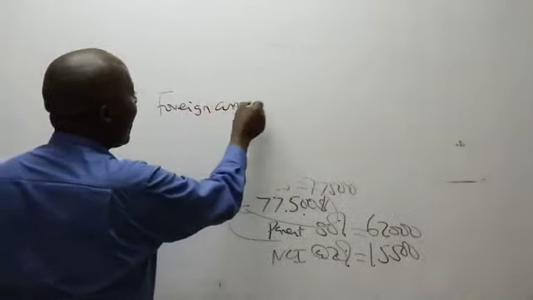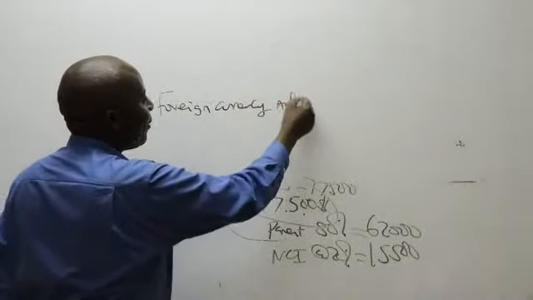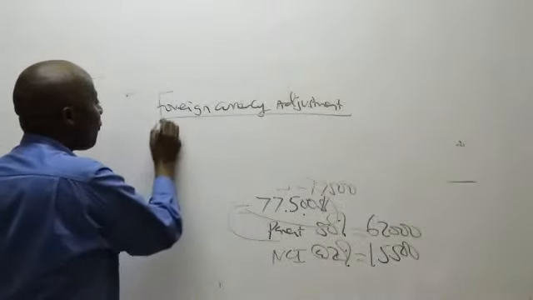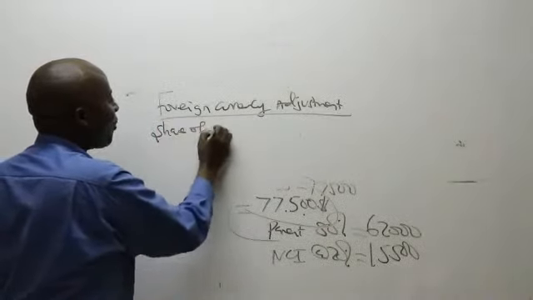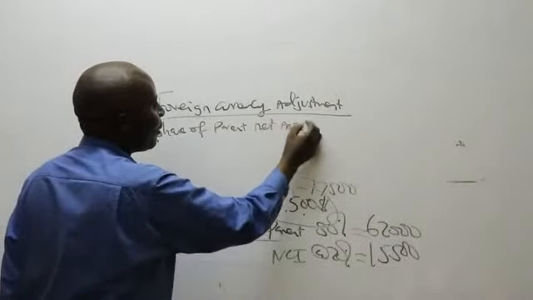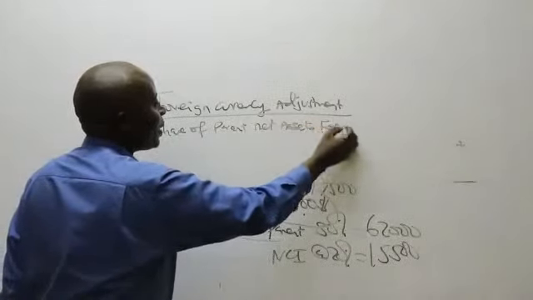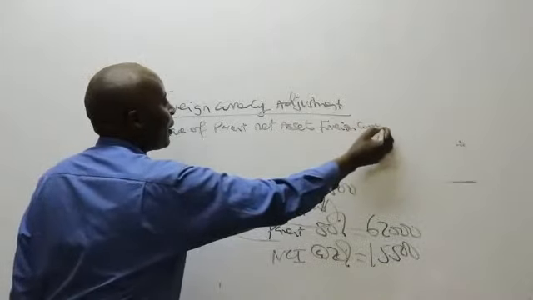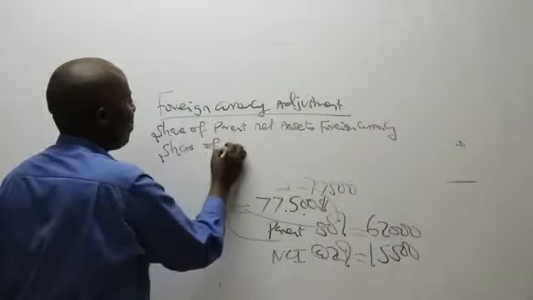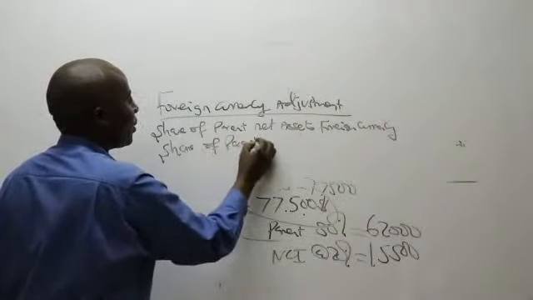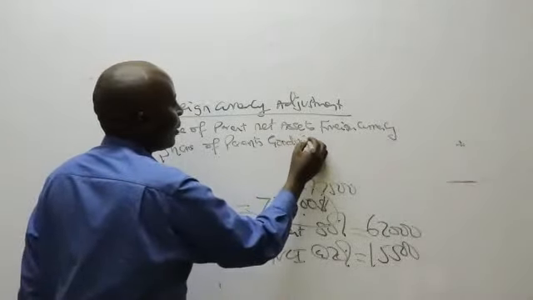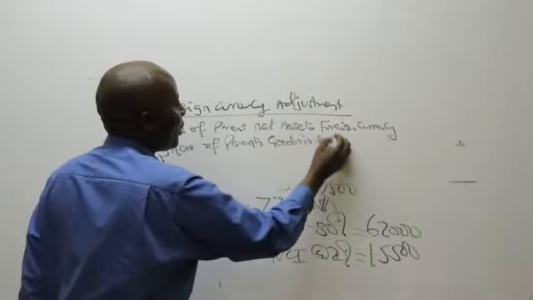I can see there is share of parent's net assets, foreign currency, and there is share of parent's goodwill, foreign currency